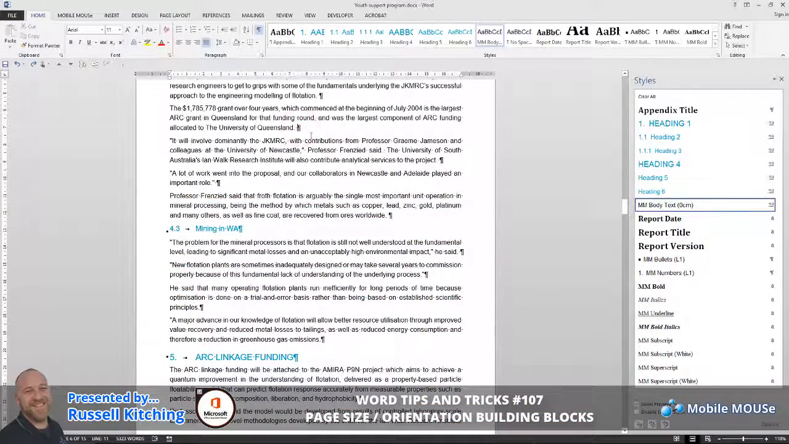Hey guys, in this video I'd like to show you how in Microsoft Word you can create a custom building block to automatically insert, or easily insert, say, an A3 landscape page. Now the normal process to actually create a landscape page in a different orientation is to navigate over to the